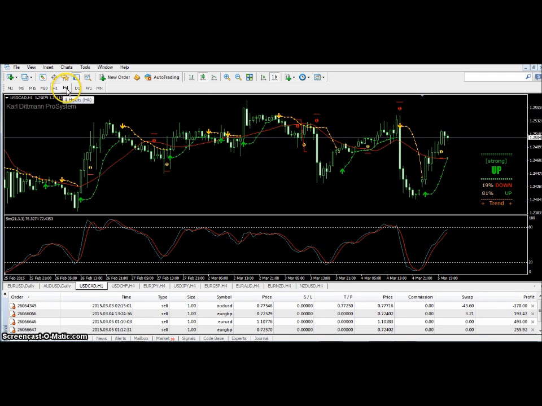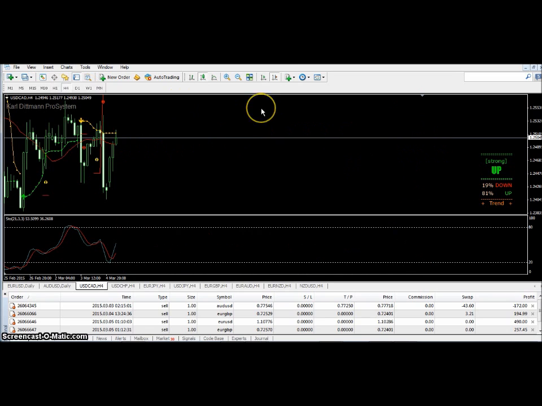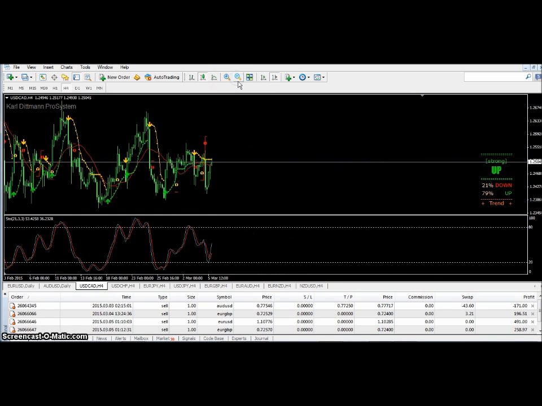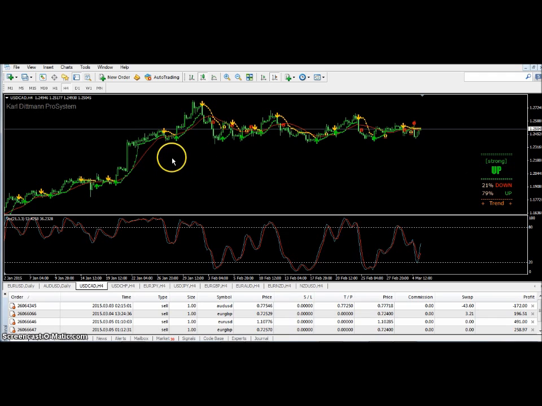But use at least the 4 hour chart, because a lot of people want to scalp and they want to use the 30-minute, the 15-minute, or the hour chart. That's not the way to go. You're not going to do anything like that unless you're doing it for pennies. And like I said, the only way to really make any money is have a lot of money in your account. Now, if you don't have a lot of money and you only got a few $100s or whatever,